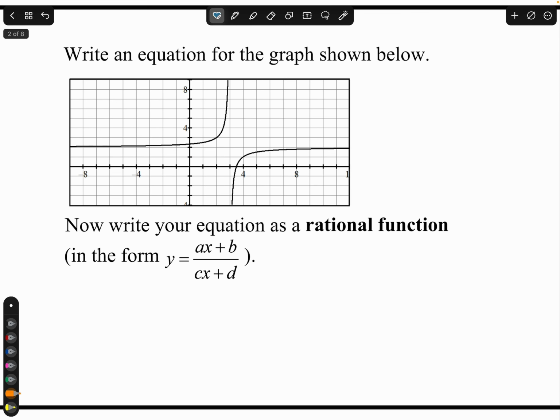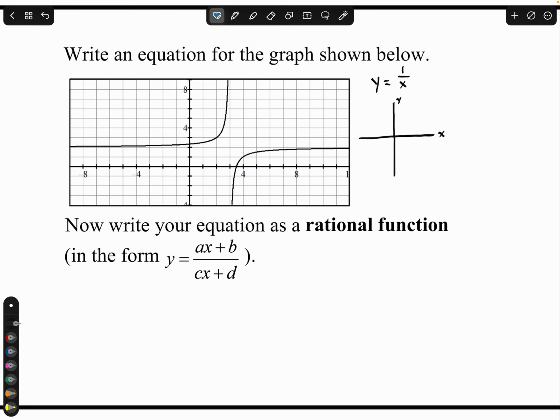This one says, write an equation for the graph shown below. You see that we obviously have a hyperbola, and what they want us to do is to come up with the equation. Before we do that, let's talk about what we know about rational functions. We know that our parent graph for a rational function usually looks something like this. So our equation would be like y equals 1 over x,